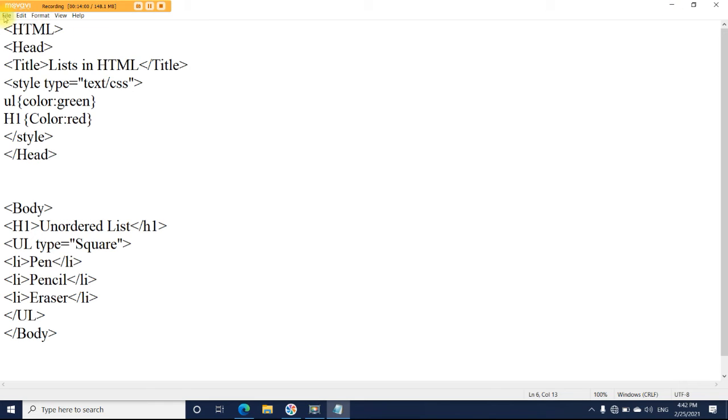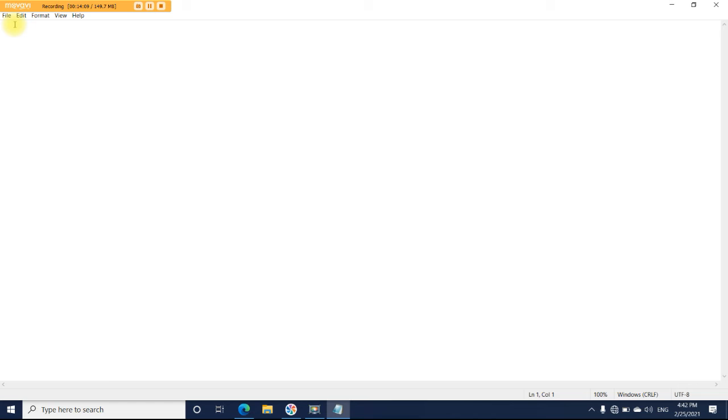Now we'll see how to create a definition list or description list in HTML. Alright, so take a new file. As you all know, HTML code always starts with the HTML tag and it ends with /HTML. Inside the HTML you have two sections, that is the head section and the body section.